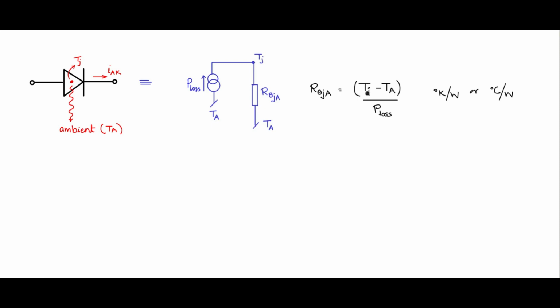And Tj is the junction temperature, the temperature at the junction that would be the limiting or the max junction temperature that you would want the device junction temperature to go to. So if we write it in terms of the junction temperature, Tj is equal to Ta, the ambient temperature, plus R theta JA into P loss. So this is the equation for the junction temperature.